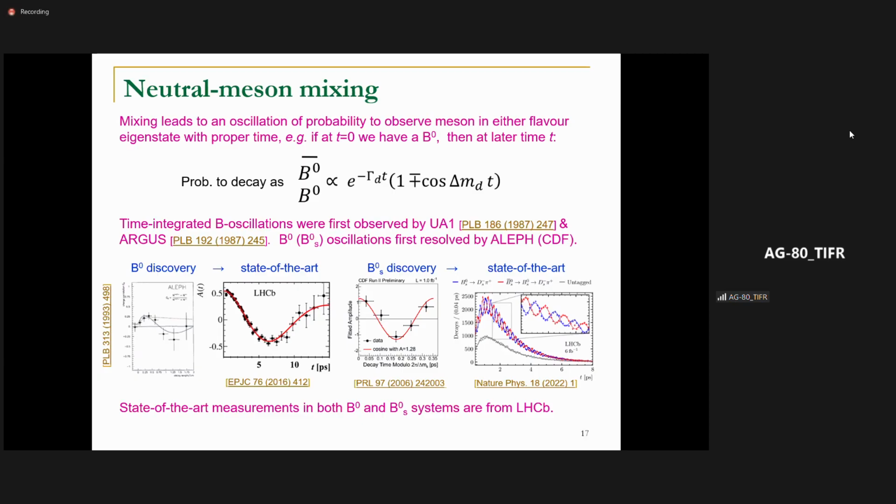So what it means physically is if you produce something as a B0 meson,